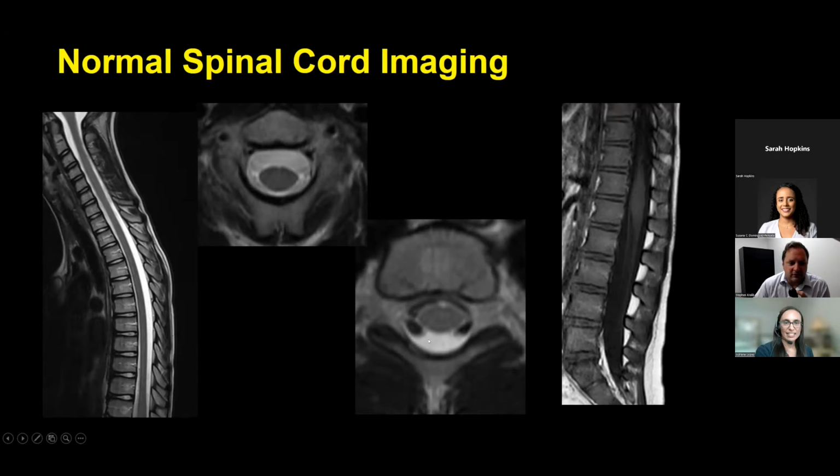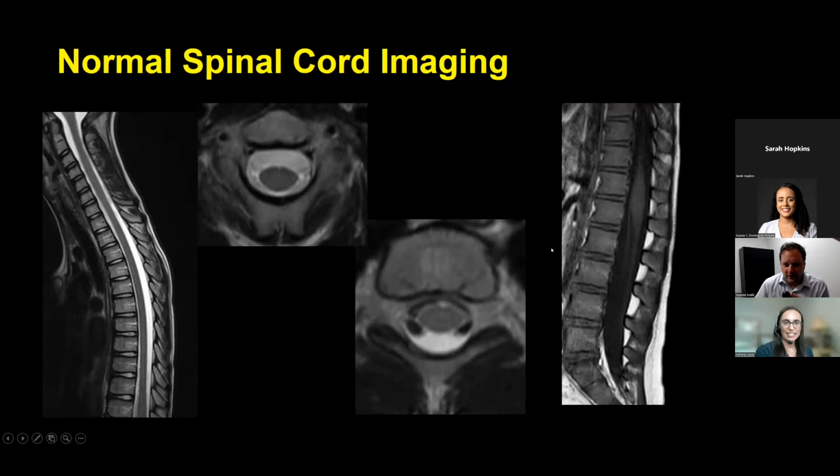And at different levels, the spinal cord may have a different shape depending on where you are in the spinal column. On the T1 weighted image here, we'll give contrast, and we're looking to see if anything shows up bright on the spinal cord or cauda equina, as you see here. So you want to burn this in your brain as what normal should look like. So nothing bright in the spinal cord on the sagittal or axial,